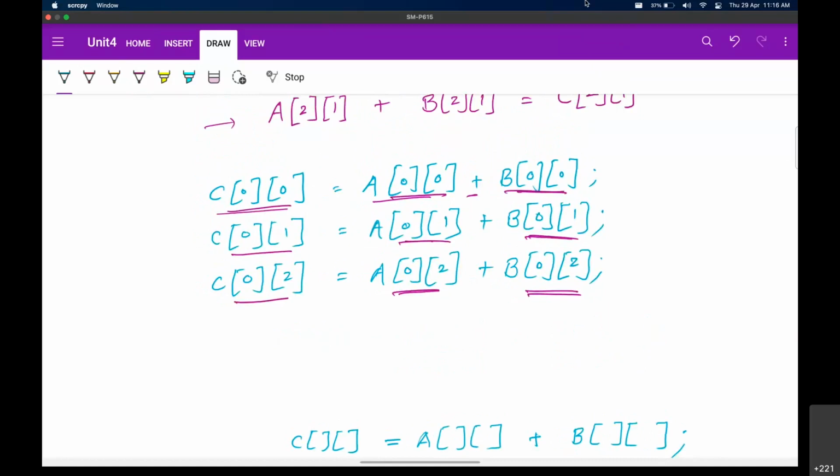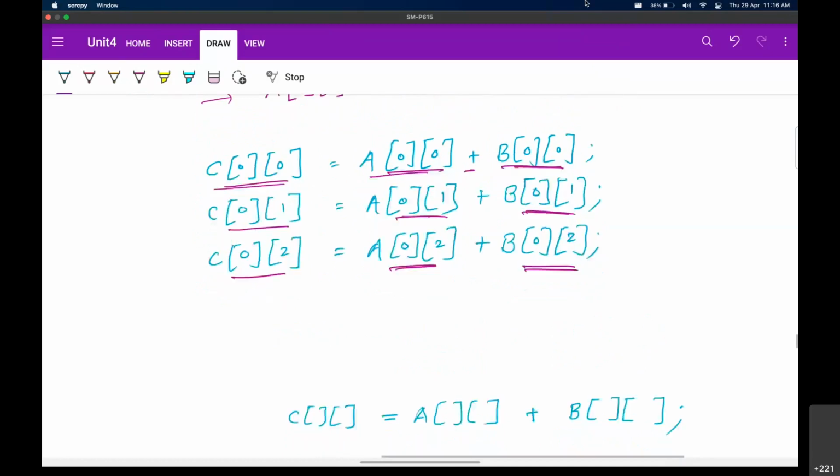सारे स्टेटमेंट से C of 0 0 सॉरी C of स्क्वायर ब्रैकेट A of स्क्वायर ब्रैकेट B of स्क्वायर ब्रैकेट फिक्स है, तो वो लिख लिया. अब चेंज क्या हो रहा है, ये दोनों स्क्वायर ब्रैकेट के अंदर की वैल्यूज. एंड व्हाट आर दोज वैल्यूज एक्चुअली? इट इज नथिंग बट रो एंड कॉलम. कौन सी रो कौन सा कॉलम आप सिलेक्ट करोगे.